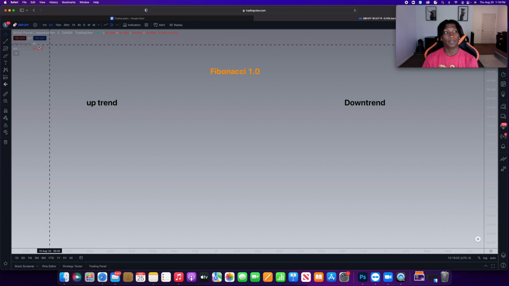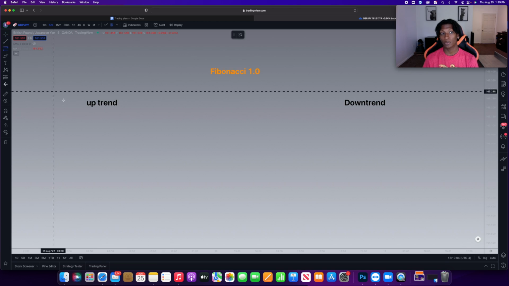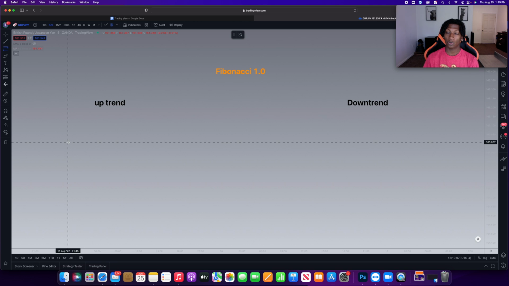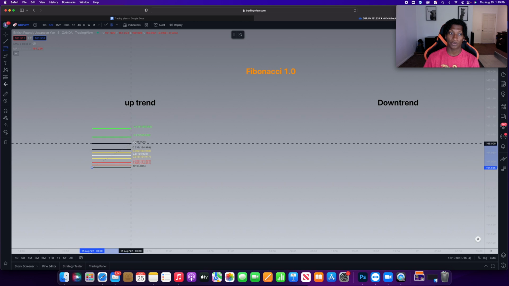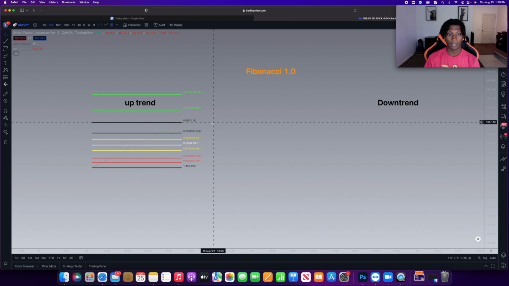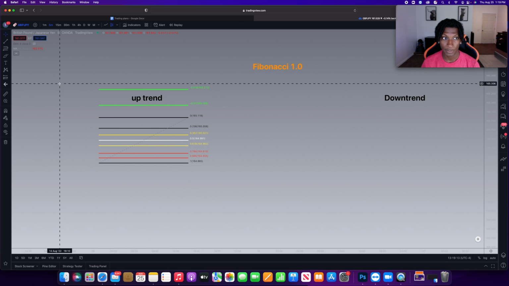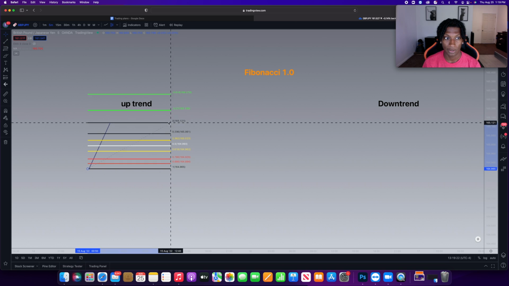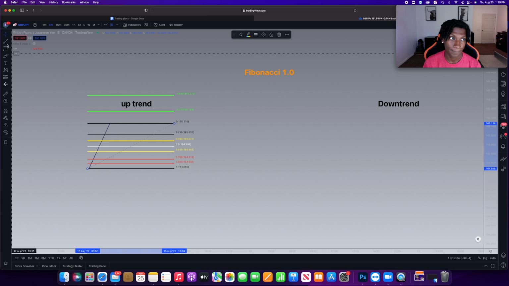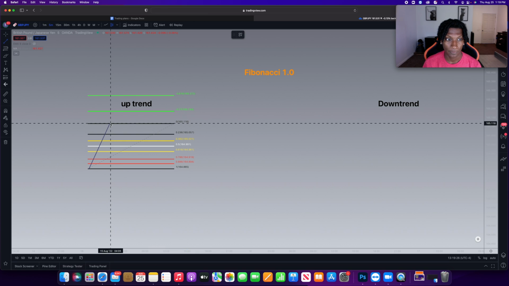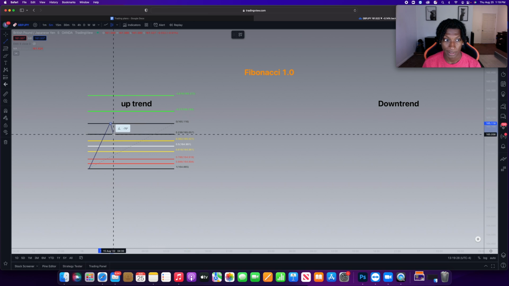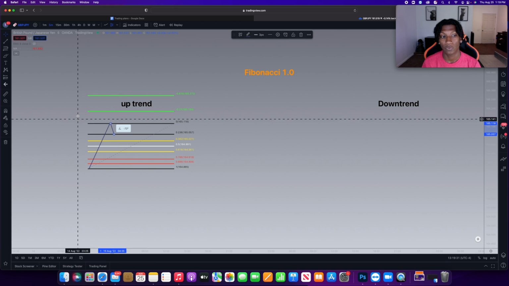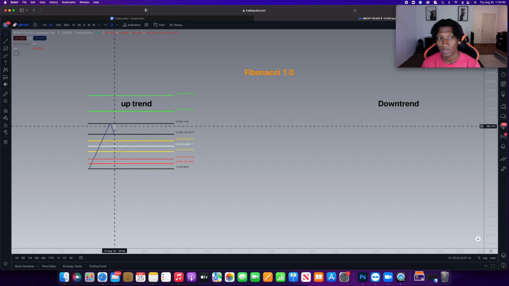The first price reversal zone that is shown on your Fibonacci tool is the 23.6%. For an uptrend, when you're drawing your Fibonacci tool, you want to start from the previous high low point and extend the Fibonacci tool to the top of the new higher high. And like I said, the first reversal zone we're going to be discussing is the 23.6%, and this is just where you can see a continuation in price,